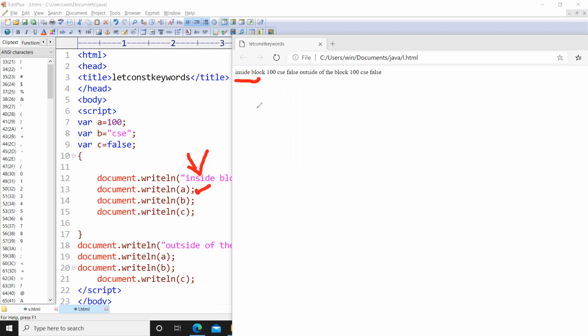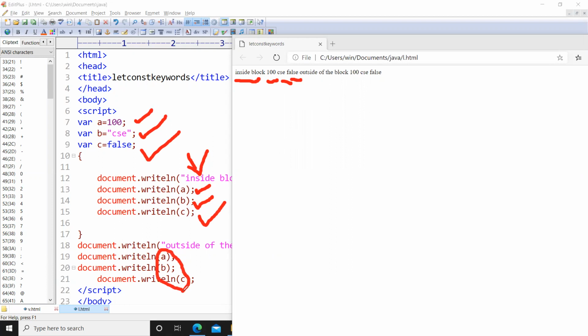And then we try to print the value of A. That's why we got 100 here. And then the value of B. That's why we got CSC here. And then the value of C. That's what we got, false here. Because the value of A is 100, the value of B is CSC, and the value of C is false. And the same output is for these three outside the block.